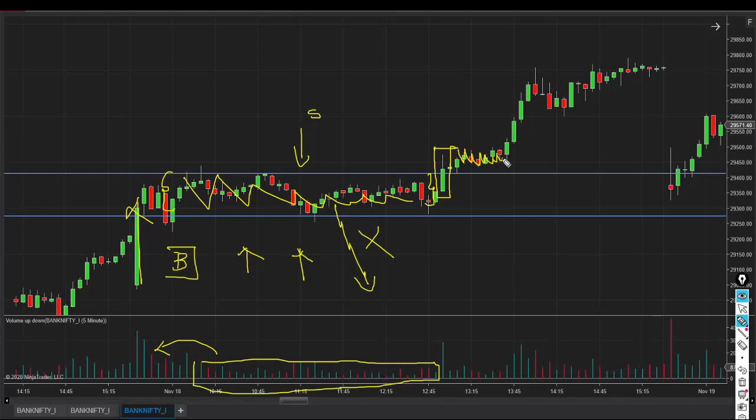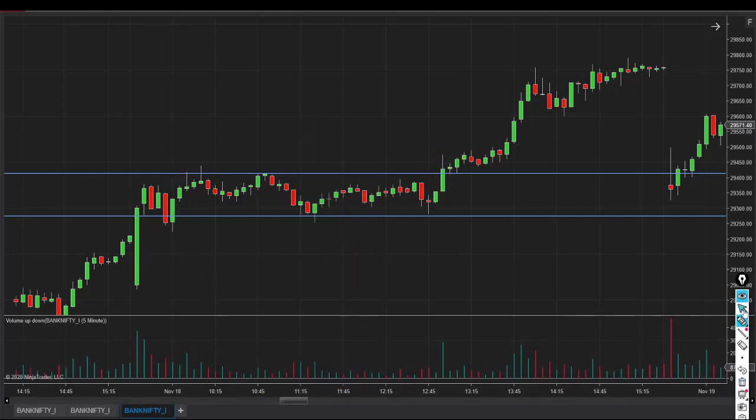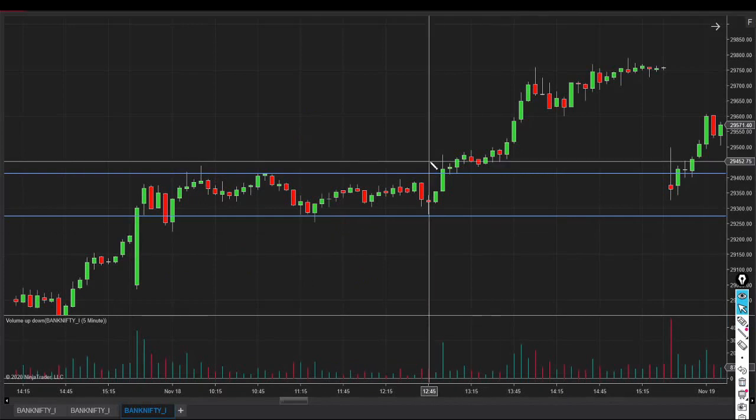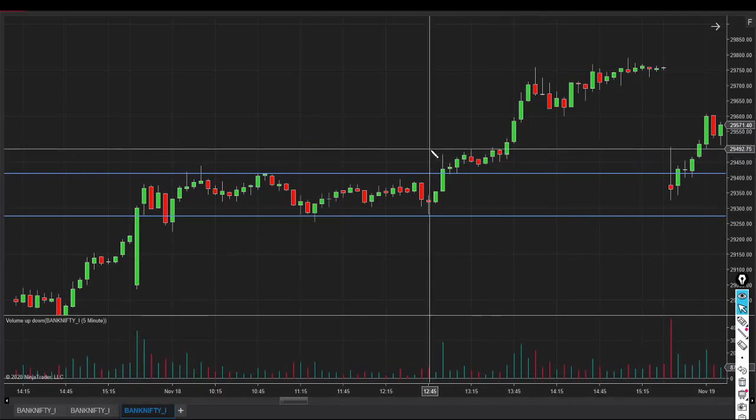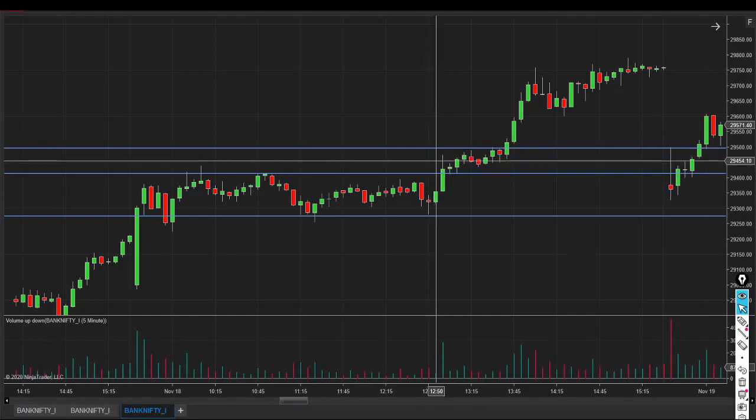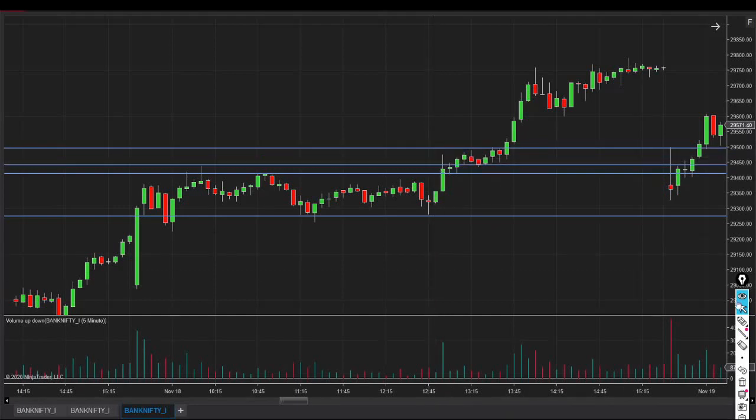We are getting again a balanced auction. So let me mark down this balanced auction again. It's a very tight balanced auction which is getting developed. This is what I have mentioned. If this again starts getting developed, this is one of the trade setups which I personally follow and take trades